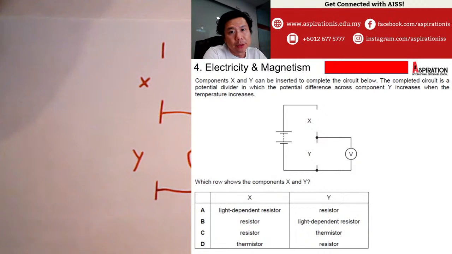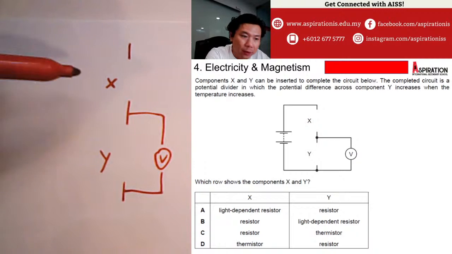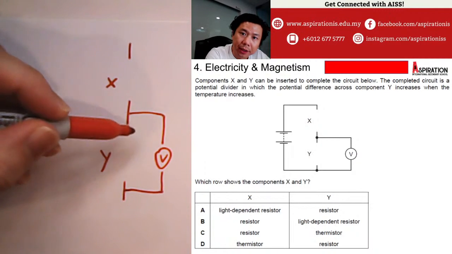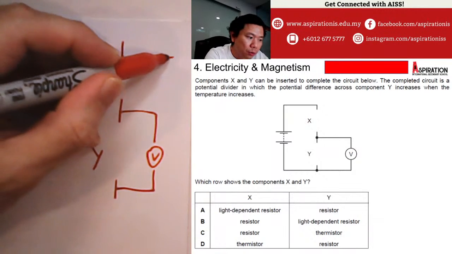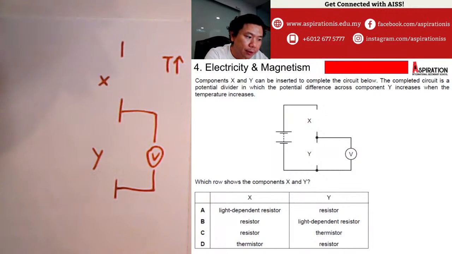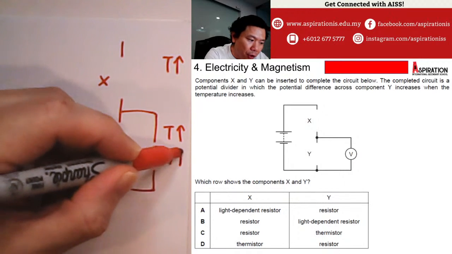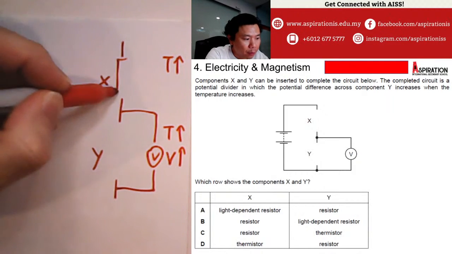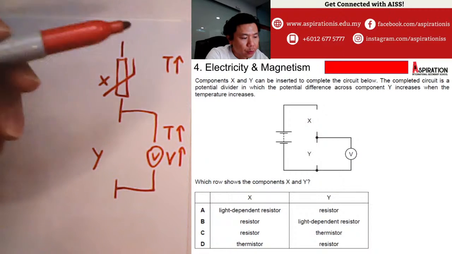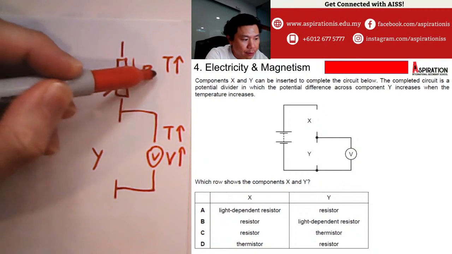Y. So they are asking you what the arrangement should be. But this is what I want. When the temperature goes up, I want the voltage of this voltmeter to go up. Well, you have to put the thermistor here